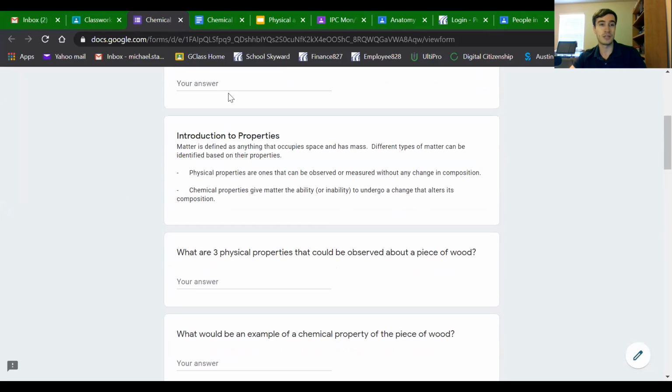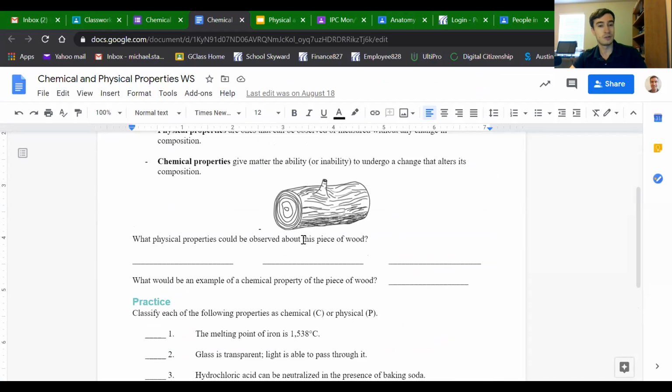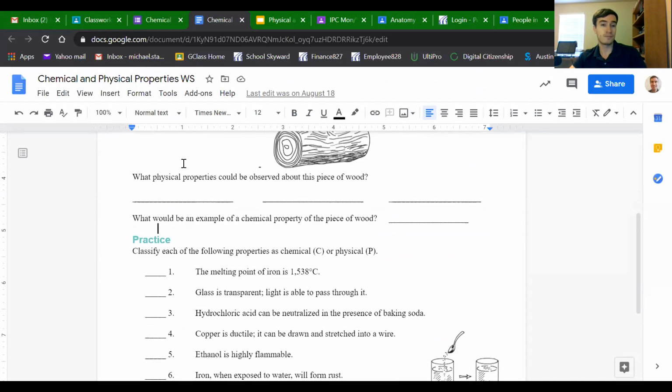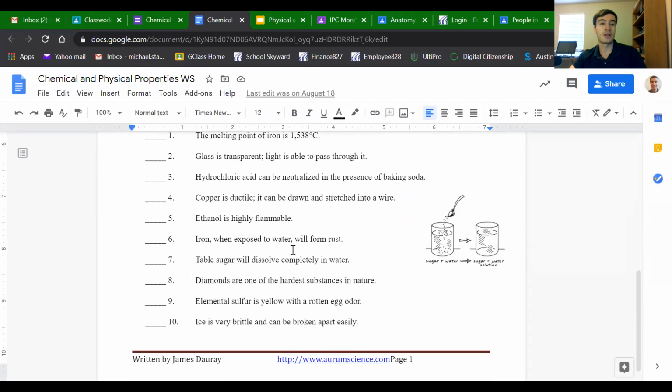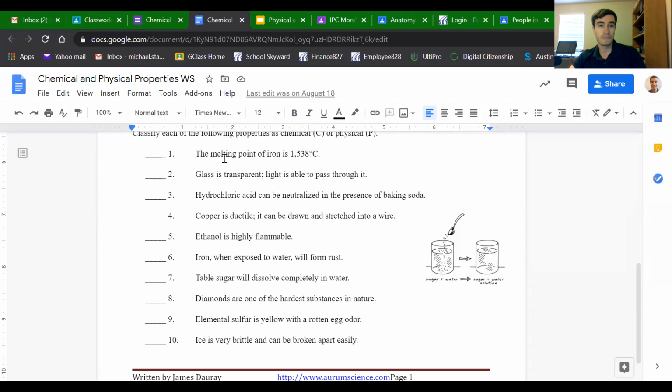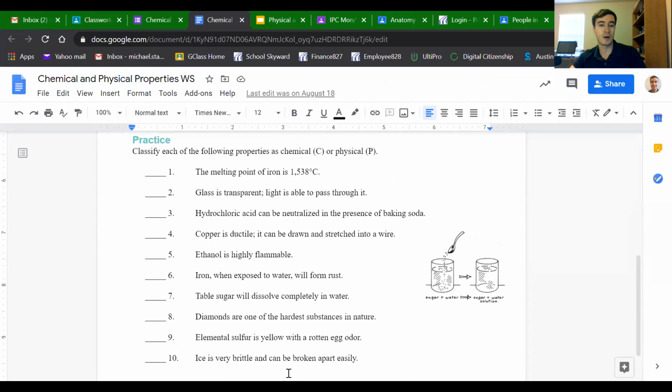I'm sorry I wasn't able to get this very fancy log drawing to go onto the Google Form. So that's the first part. That should not be too difficult. The second part, and kind of the main part of the worksheet, gives you 10 of these properties down here about glass or iron or diamonds or ice. And it asks you to tell me if each of these properties is a chemical property or a physical property. And you can do that by writing down